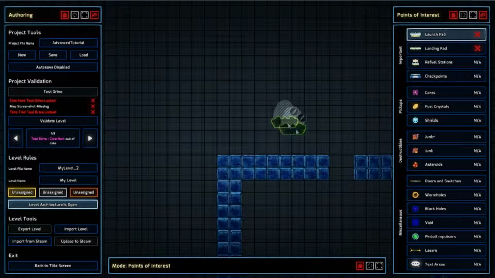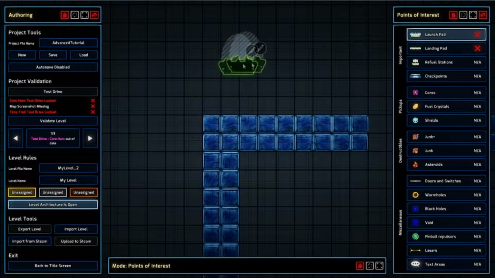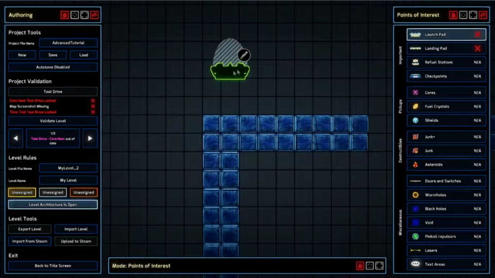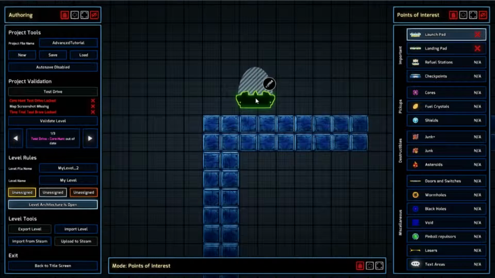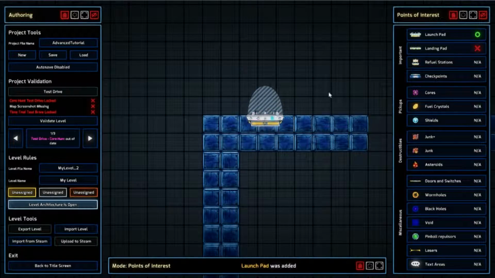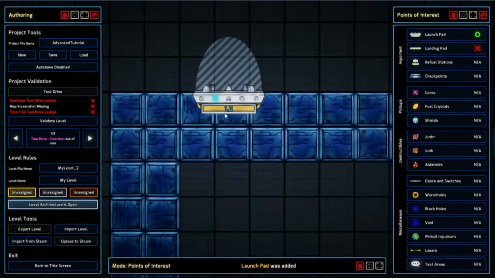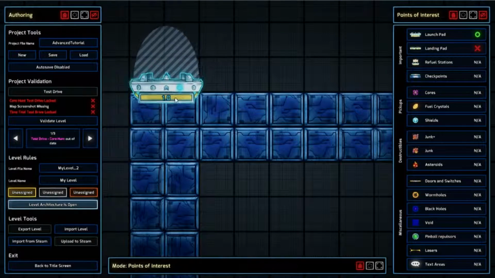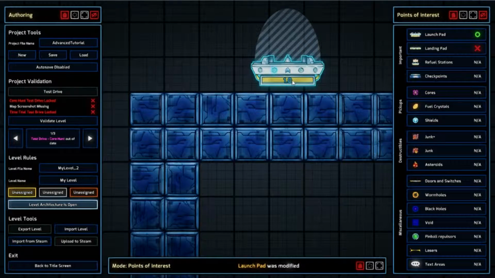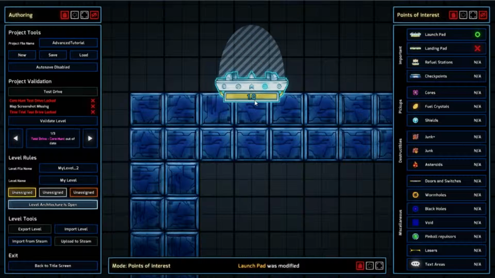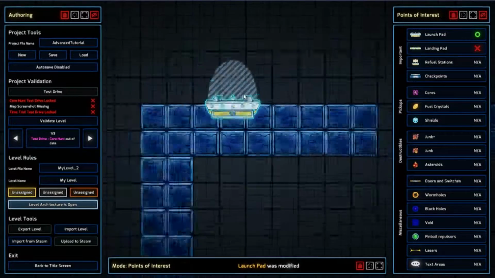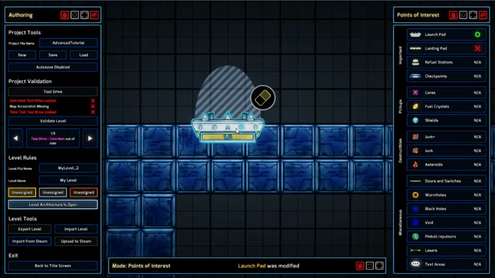Bear in mind we can also reduce the precision, so the movements are much less snappy. This is very snappy, very puzzle-like, and this is very fluid. So you can do fine-tuning. Now suppose I want to move this around a little bit. I can just drag and drop, nice and easy, right? Just like that. I can also remove it by holding shift, or I can copy it by holding control,